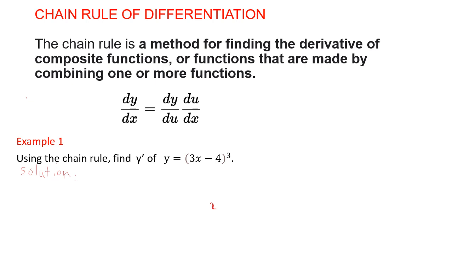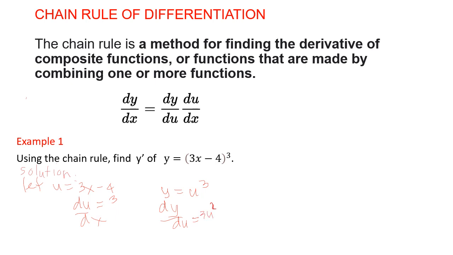Example: using the chain rule, find the y prime of y equals (3x minus 4) cubed. So the solution would be this one. Let u equals 3x minus 4. So du over dx equals 3. Then you have y equals u cubed, so dy over du equals